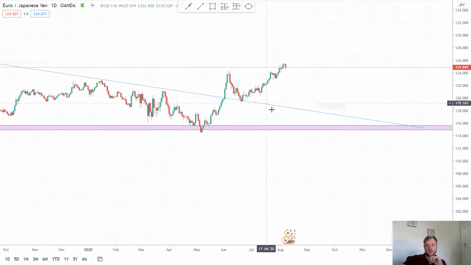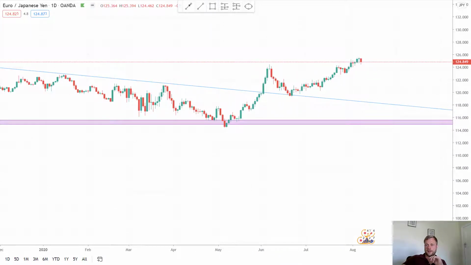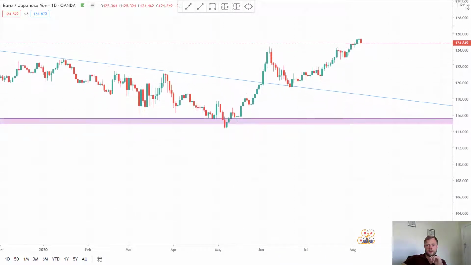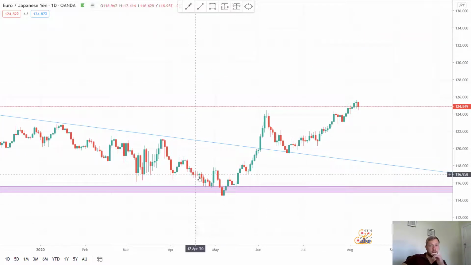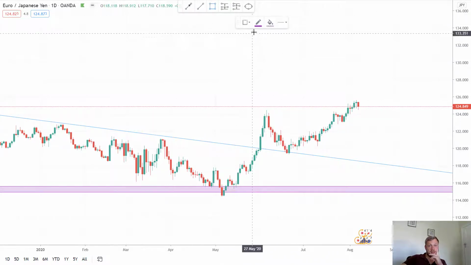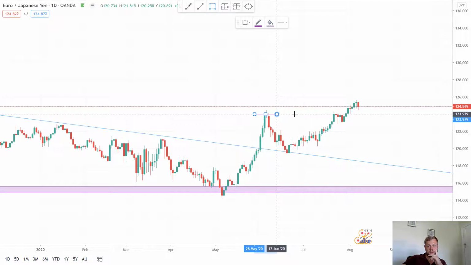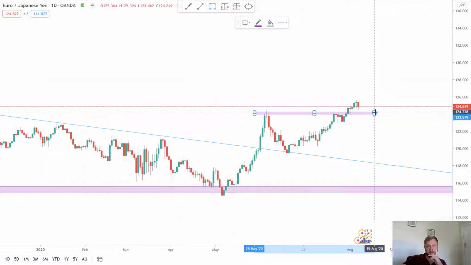Still getting used to TradingView, but I do really like it actually. I think the guys there have done a really good job with this. So yeah, it hits this area of support, breaks above, and then comes back down and retests, comes back above again. And can we see another area of resistance here? Yes, we can. So this is now the area of previous resistance that we want to be